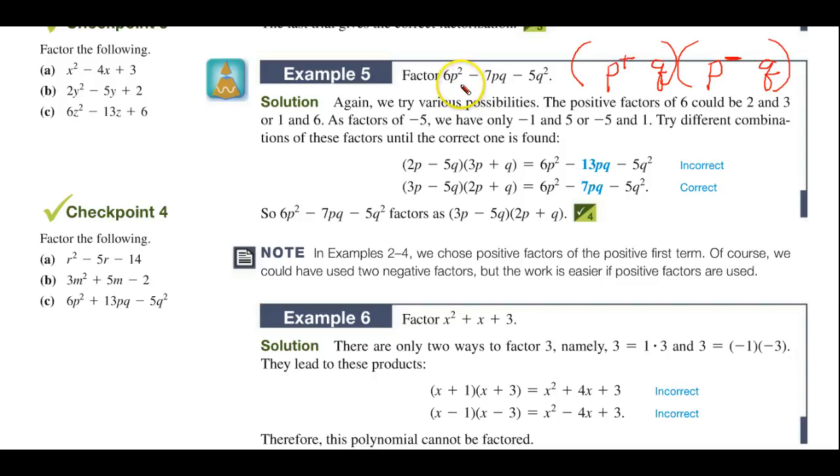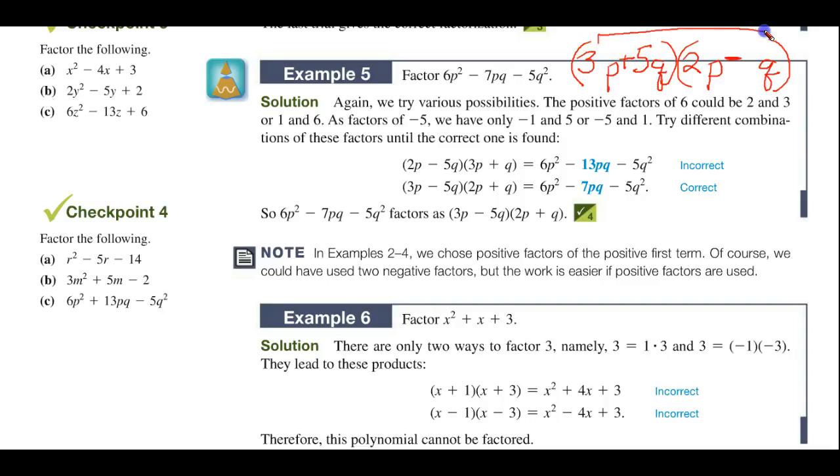So what are we going to use? A 6 and a 1, or a 3 and a 2? Well, this number looks a little small here. So for a 6 and a 1, and this one's a 5, well, that's going to be a challenge. So let's use a 3 and a 2 here for our 6. Now, where do we put the 5? Well, our middle term is a 7. So if the 5 is there, and this will just be a 1 there,